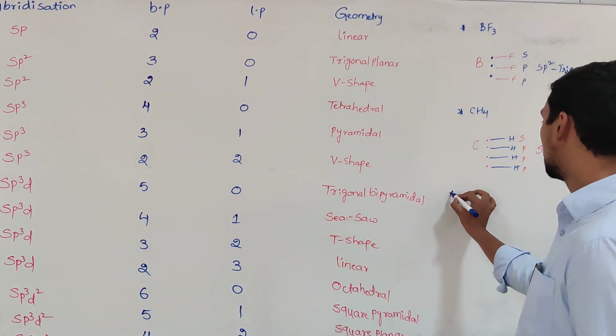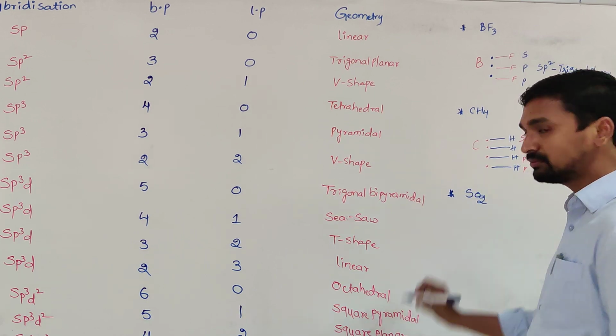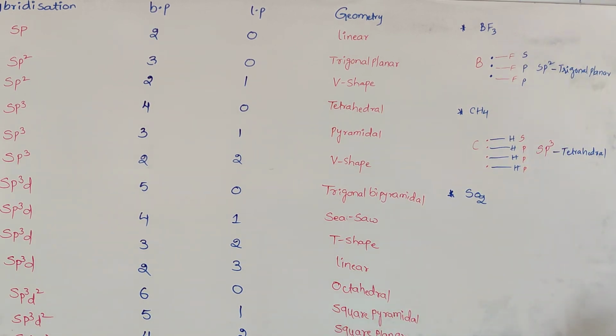For example, let us take sulfur dioxide, SO2. How many valency electrons does sulfur have? It belongs to the oxygen family, which has 6 valency electrons: 1, 2, 3, 4, 5, 6. Then each oxygen can form a double bond. For the formation of double bonds, 2 electrons are needed. Then how many electrons are left? 2 electrons are left.